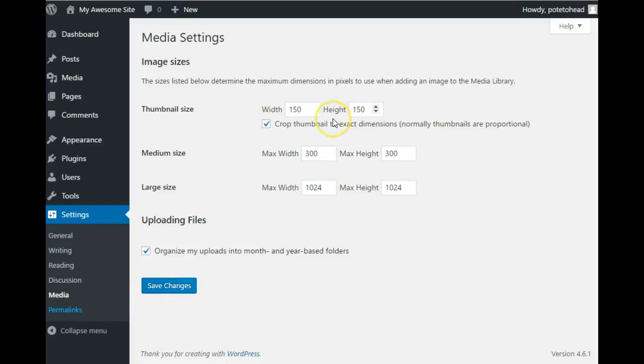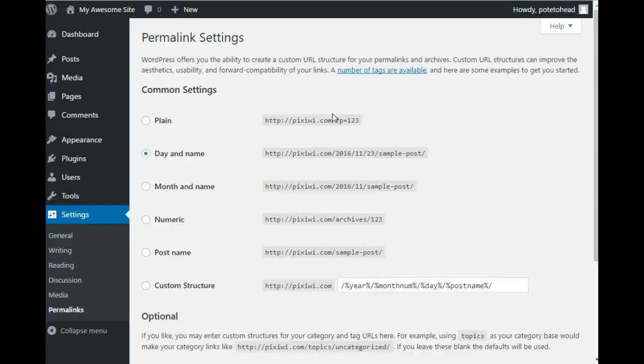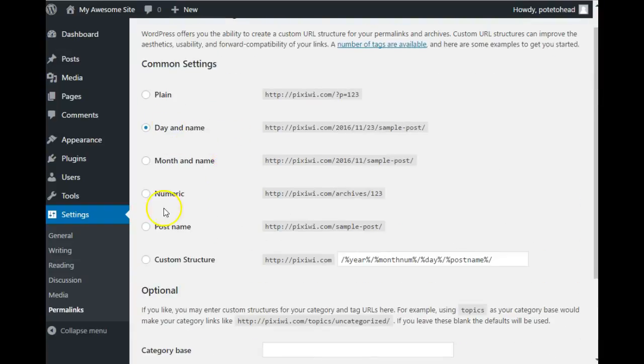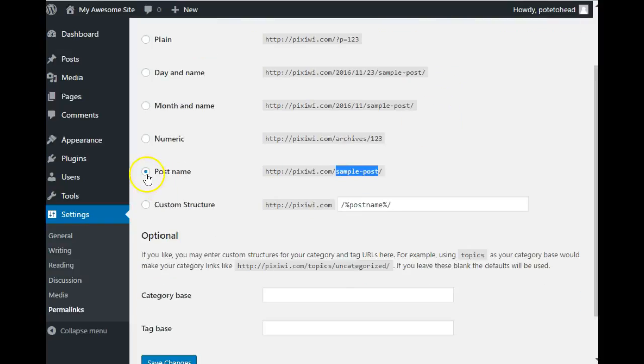And the last one I want to go through the permalinks. So in this settings, you could actually choose what actually you want to show in the end of your website URL. So default setting is post name. So right after your domain, whatever the actual page name is or post name is, should show up here. You could also choose all different options. Some people choose month and date, month and name, day and name, or just the page name or page ID or the post ID. But I would recommend keep it as a post name,